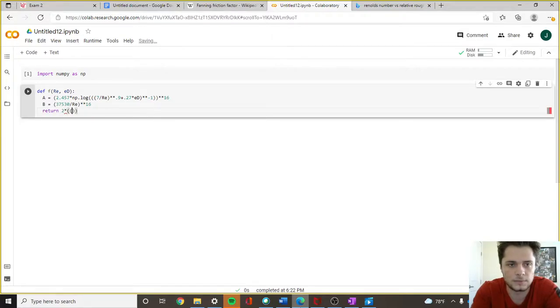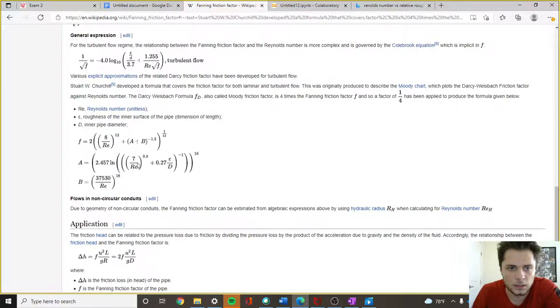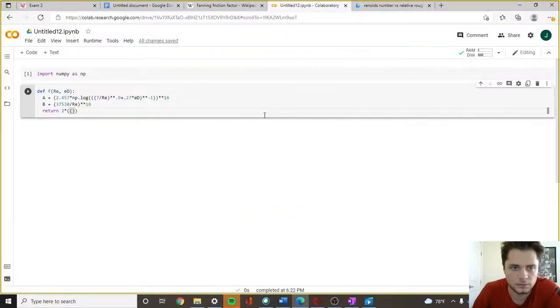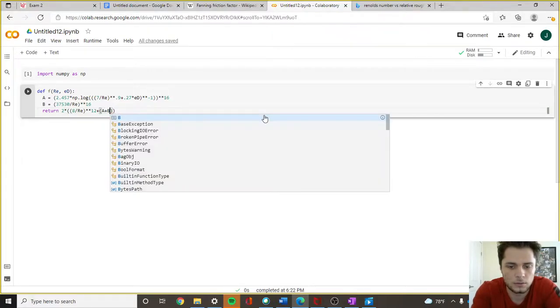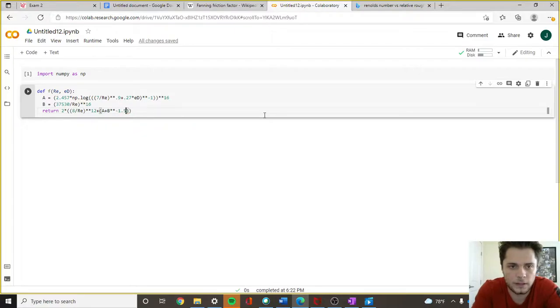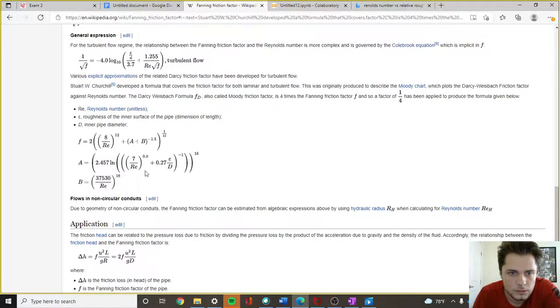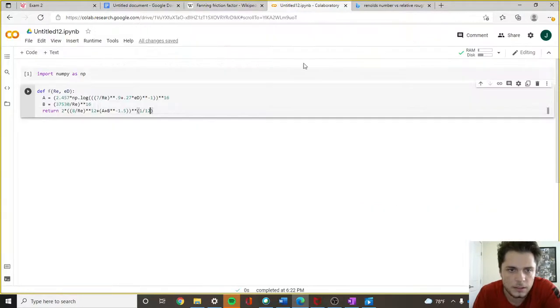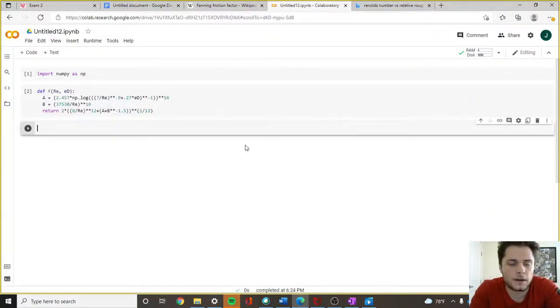So 2 times 8 over Reynolds number to the 12th plus A plus B raised to the negative 1.5, and all this will be raised to the 1/12. Okay, shift enter. Alright, and if we want to check to see if that's right, we can plug in a value for our Reynolds number,